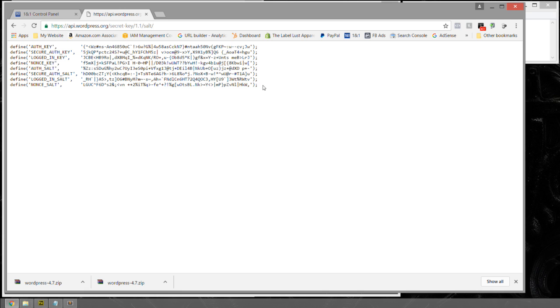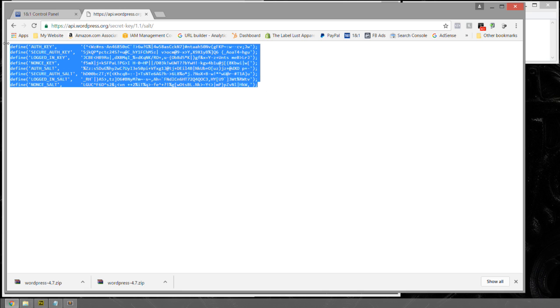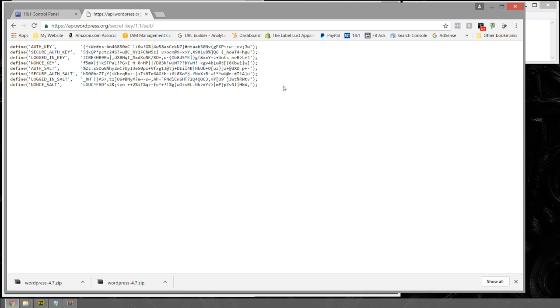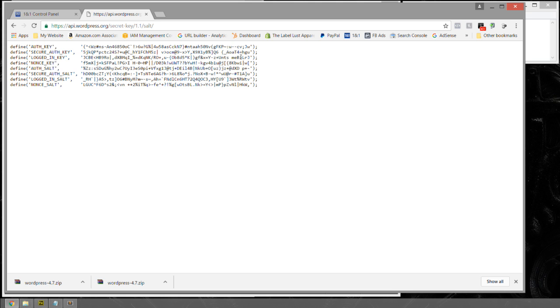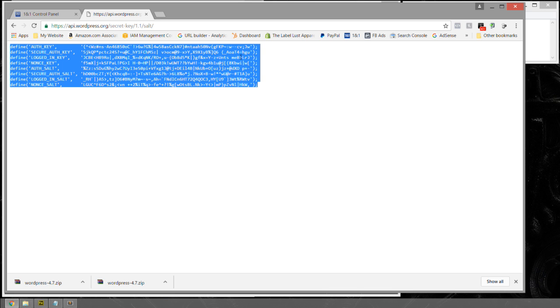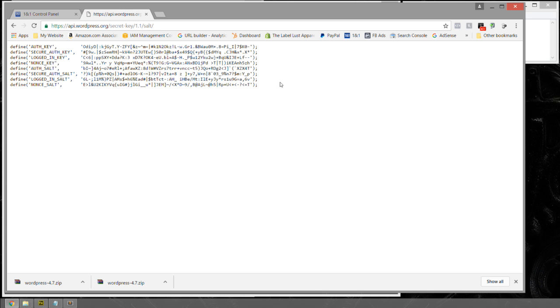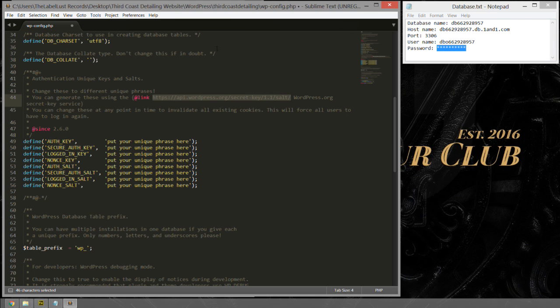It's going to generate an API authorization key. And this API, you want to copy all of this text, so you can hit Command or Control A to select all the text and Control C to copy it. Now this key is going to be different every time this page is generated. There is a unique key for every page. No two keys are the same. Okay, so once you've copied that text, you can minimize your window, go back to your